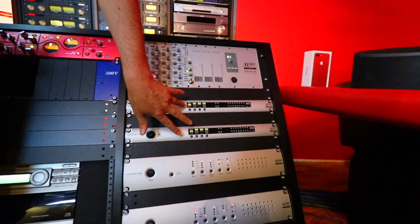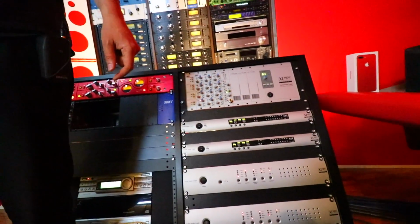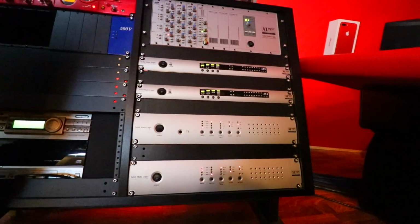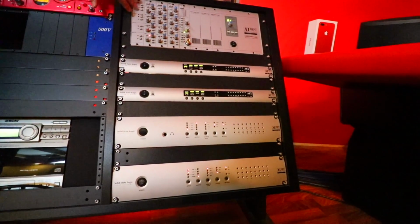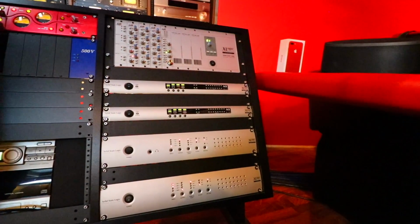We have a total of 64 channels of DA and AD, so we can convert 64 channels from digital to analog and back. These 20 channels in these two converters are pretty much hardwired to the X rack. So these are going into this. So we could leave the console, the big console, off and just do some analog summing or mastering projects through